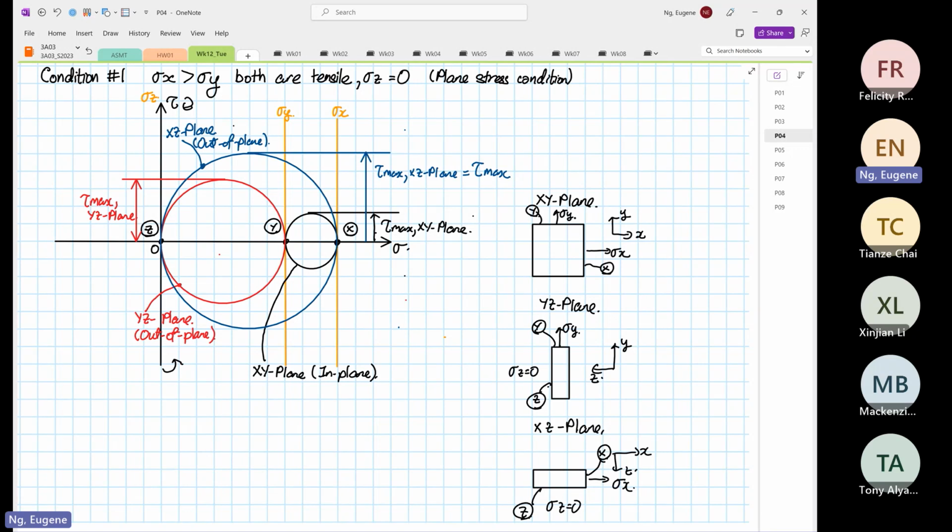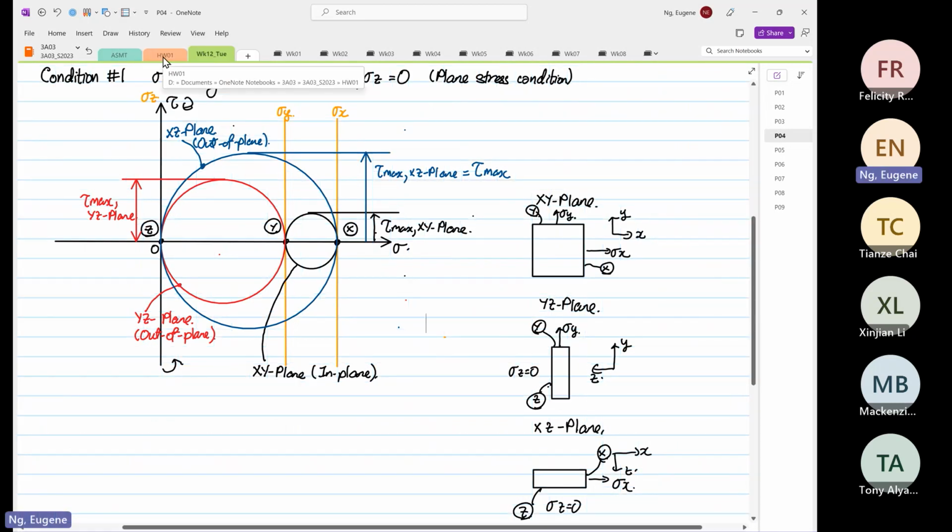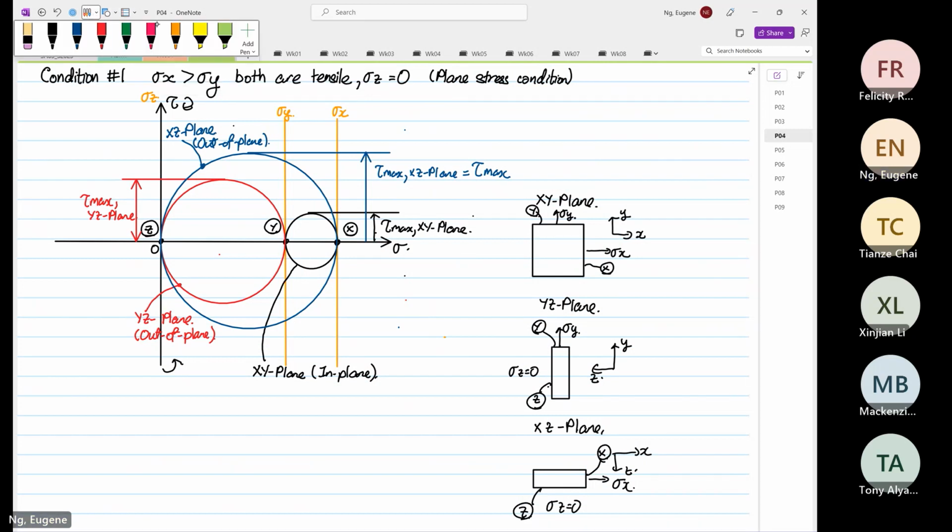Okay, so for this condition, as you can see, the maximum stress, shear stress, sorry, occurs